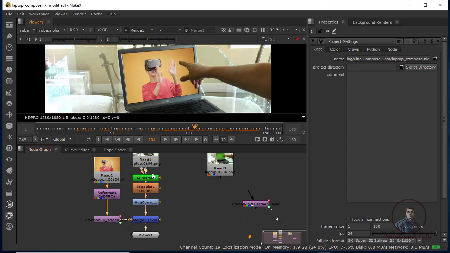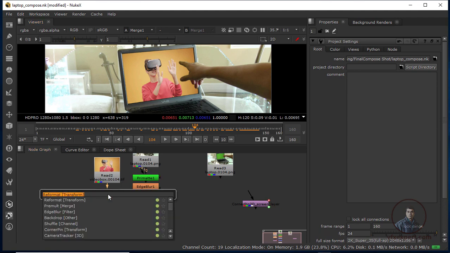Now suppose after this you want to adjust a little bit the perspective of the video or images you have placed. Before this corner pinning, you can place another corner pinning if you want to adjust your perspective anew. So just select this one and press Tab, corner pin, same.